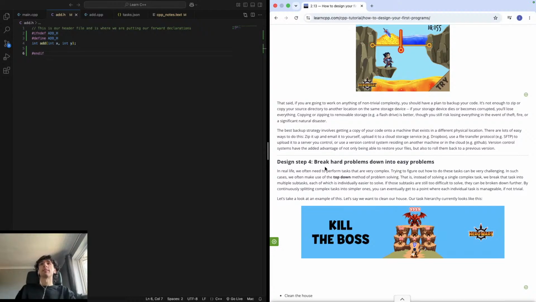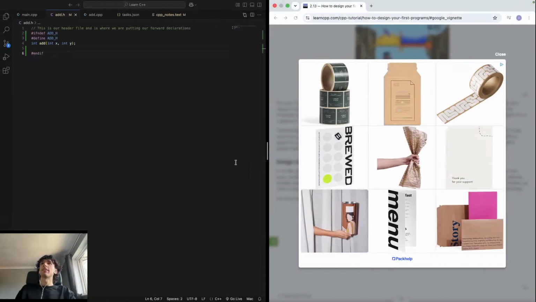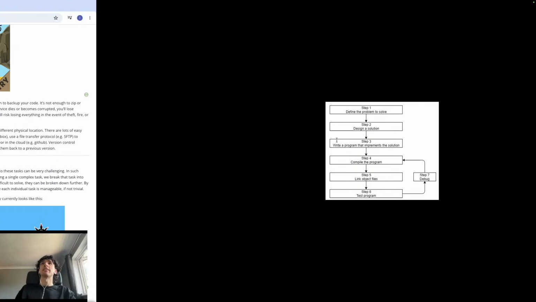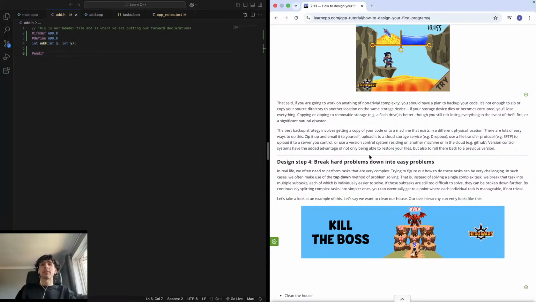Break hard problems down into easy problems, which is... Oh no, actually, I take that back. It's not the same as this. This is actually writing the program, whereas this is coming up with an idea for how the program is going to be run. And as always, here he's talking about backing up